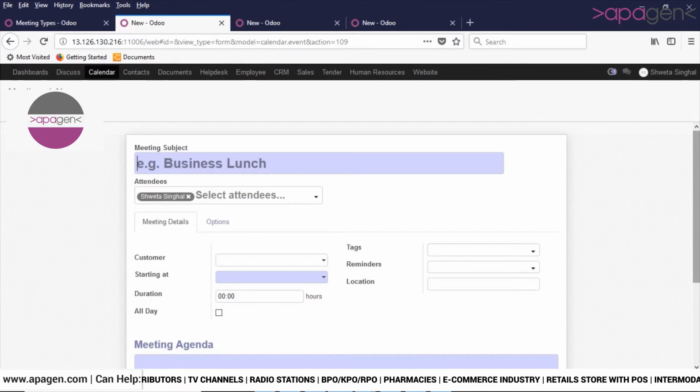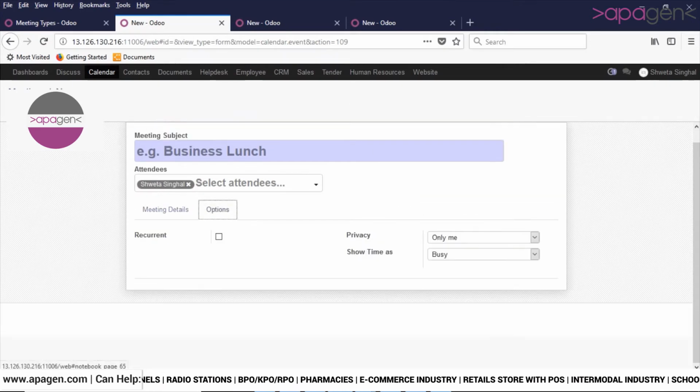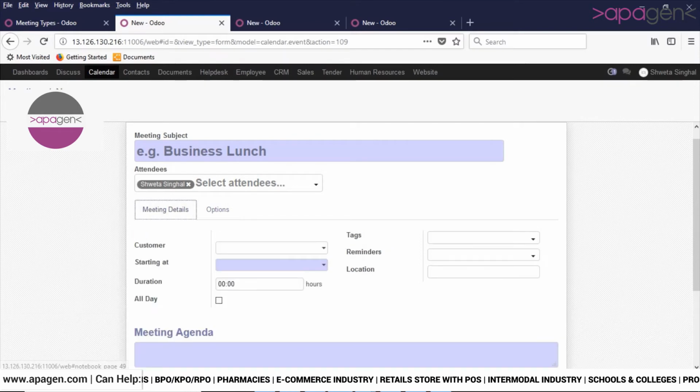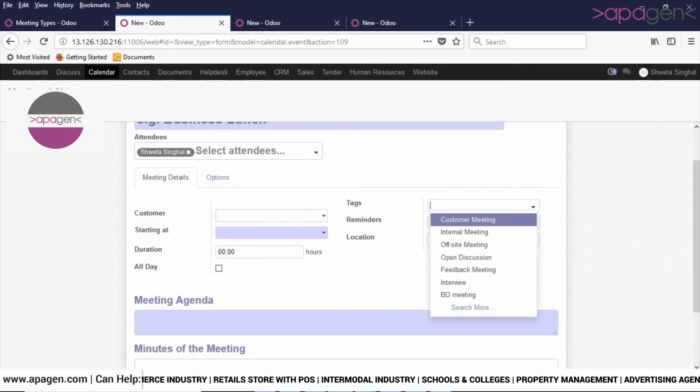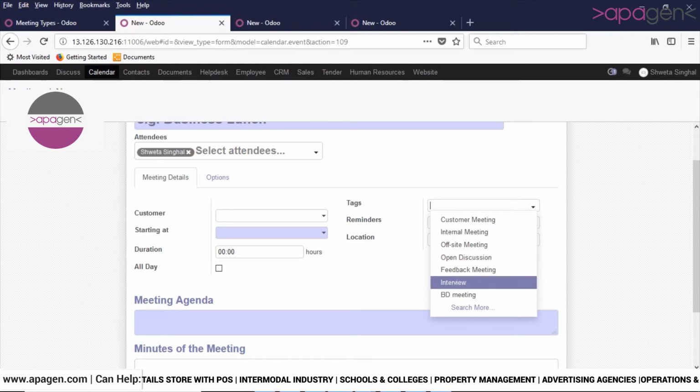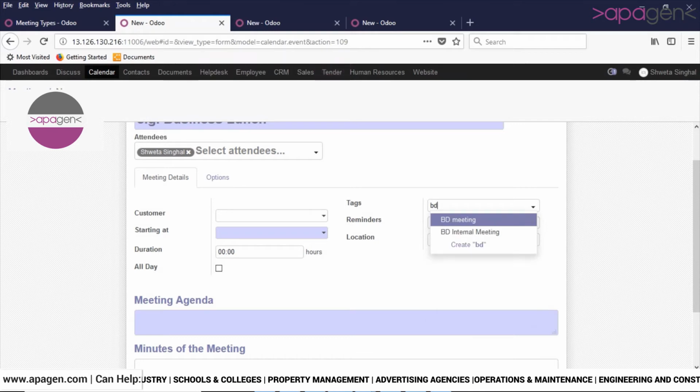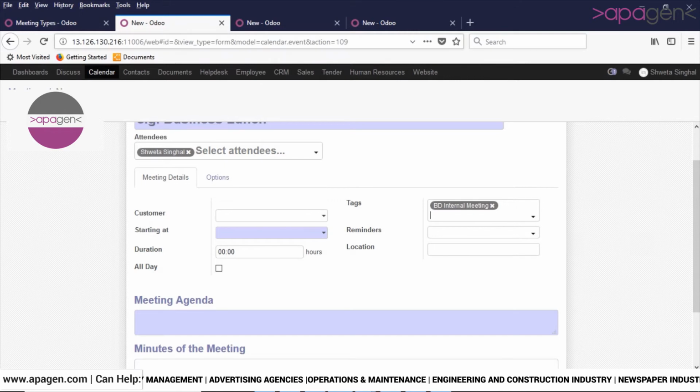When you create new meetings, all the meeting types will be visible here. These are all your meeting types. For example, I have recently created BD internal meeting, so it will be shown here in the tags.